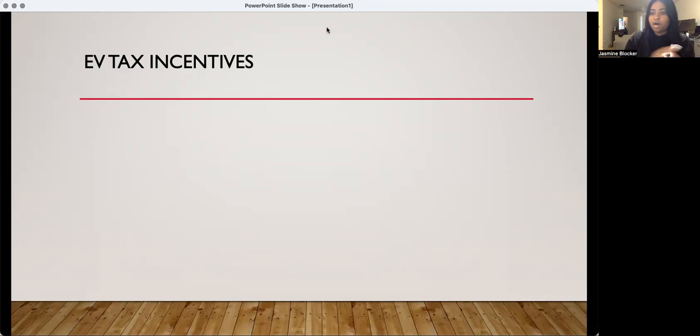We're going to see a lot of EV tax incentives. You can see I didn't add anything to my slide here. I have it all up here for you, though. There are going to be quite a few tax breaks that include clean energy support. So we're going to see $7,500 tax credits for many EV drivers, electric vehicles.